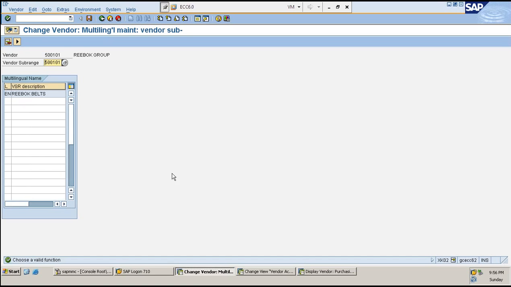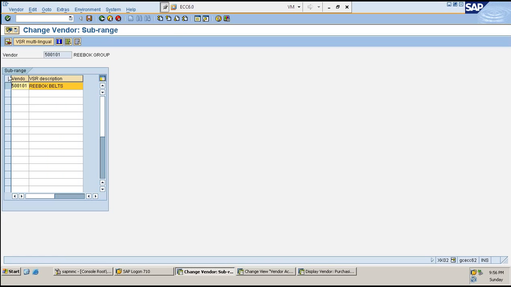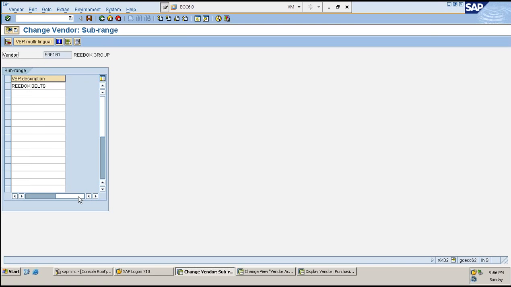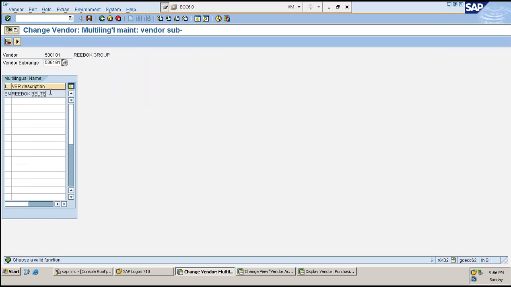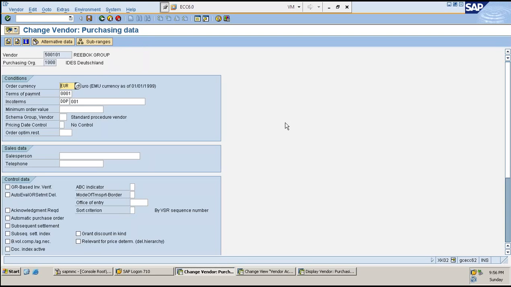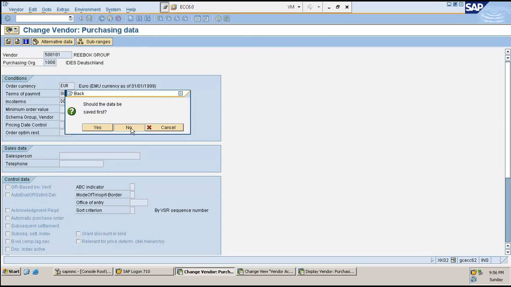But if we are having four different product ranges, when we assign the material type, the material number itself, we will assign different material numbers. With that reference, we can also work. No, you wouldn't be able to. Why? The sub-range you are creating is to identify belts and glasses, everything separately. That's the reason.